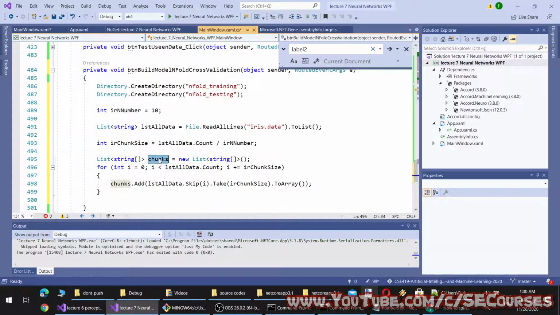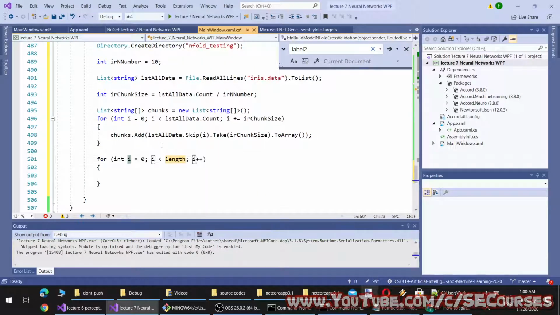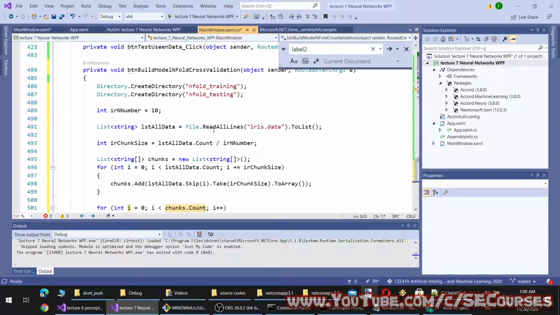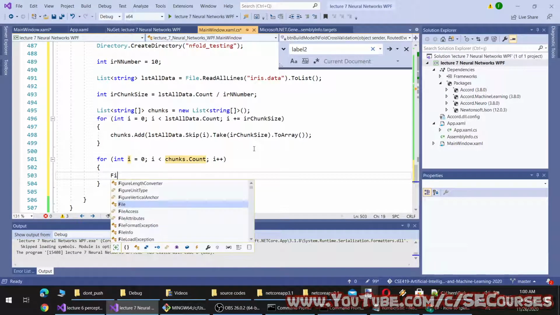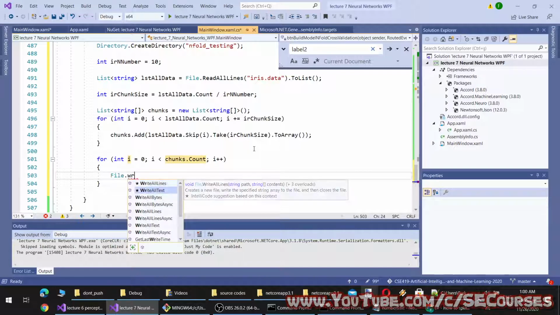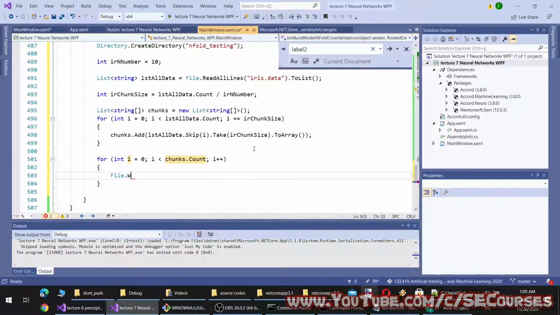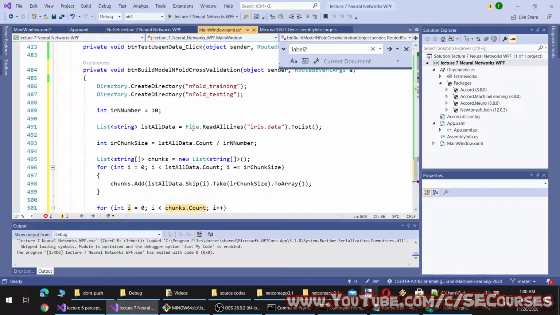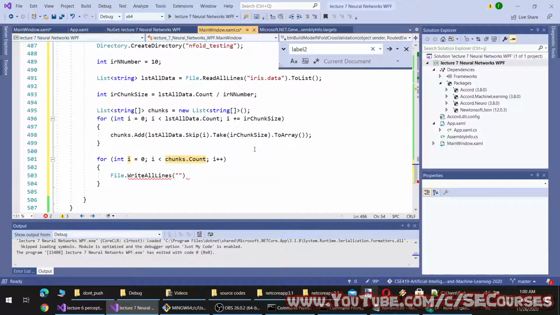Okay, chunks will be added as arrays. Then what I'm going to do is simply, okay, count and file write all lines. Okay, so yeah, I have to make it like this.